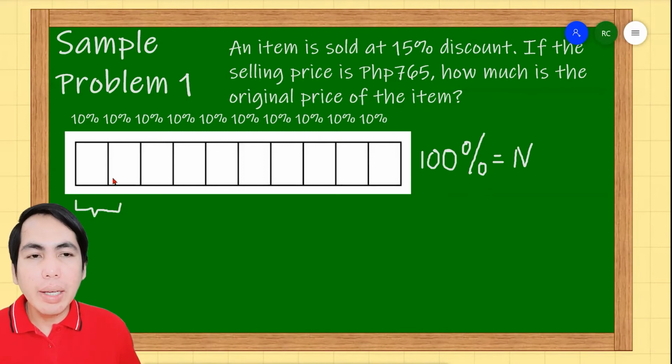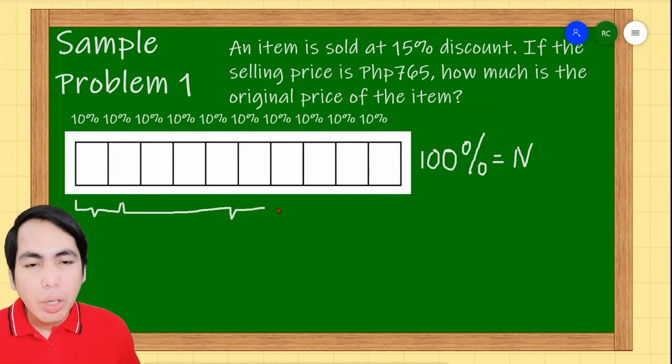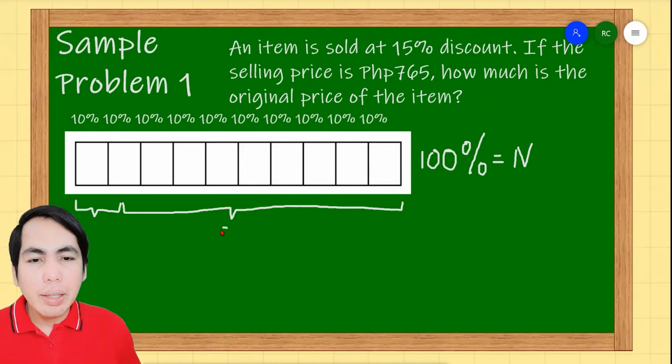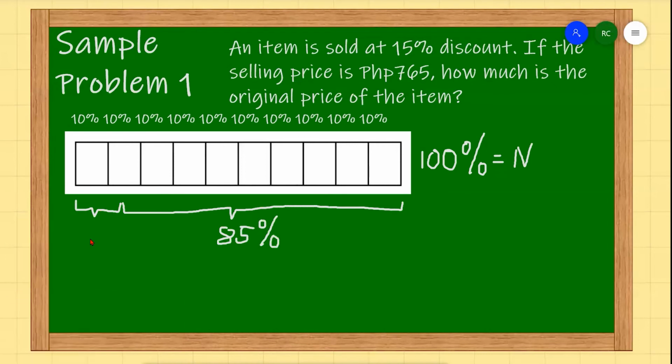And these 1.5 units or parts represent the discount, while 8.5 units or parts represent the 85%, while the 1.5 represent the 15% discount. So this 85% is the selling price, which is equivalent to 765 pesos. Now, for us to get the value of each unit, we have to divide each unit into 2. So, therefore,